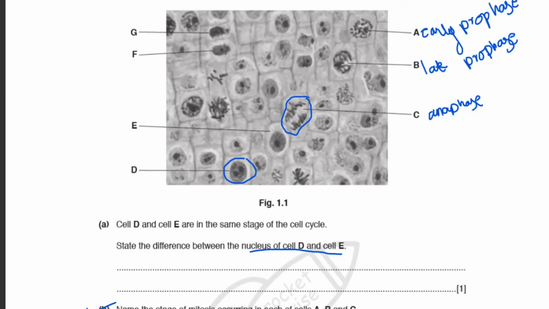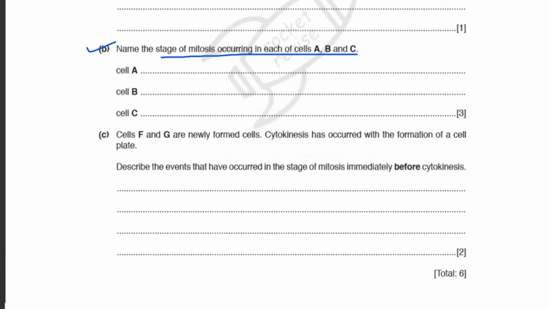What is it? Miss, the nucleus divided. D is before mitosis... sorry, E is the one before mitosis, and D is after mitosis. You can also write that within this nucleus you can find one nucleolus, the simplest one, because they're asking you to look at this diagram and then identify. So you can say that there's just one nucleolus in cell E, and there are two nucleoli in the nucleus of cell D.